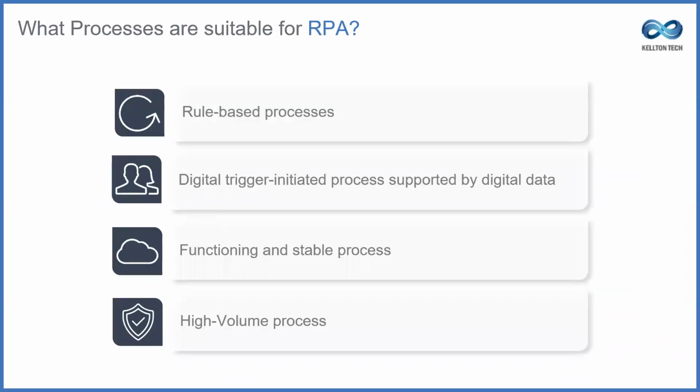We'll talk about 6 different processes which are suitable for RPA. Number 1 is rule-based processes. Tasks that require too much human intervention may not be suitable for RPA because they may end up with too many exceptions that need to be handled by humans. This would defeat the purpose of implementing RPA in the first place. Even though AI is increasingly being combined with RPA to automate cognitive tasks, rule-based processes are the most straightforward to implement. Identifying the processes which are rule-based is the easy bit for RPA.